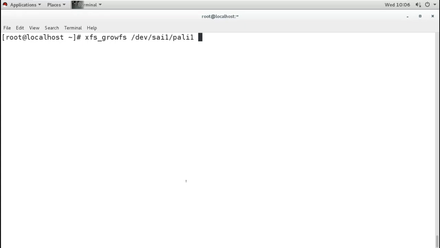You can check the man page for the xfs_growfs command, where you can see additional options to extend the size of the file system to a particular size. That means if you want only 1100, or only say 900, or only 1000, you can also do that. But I will extend it to the total space we have in this LV.